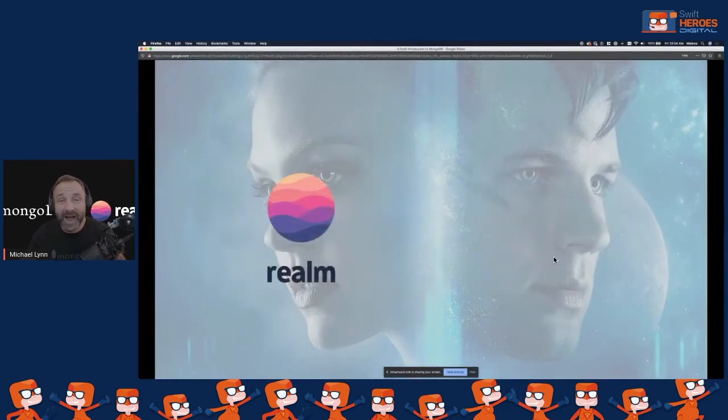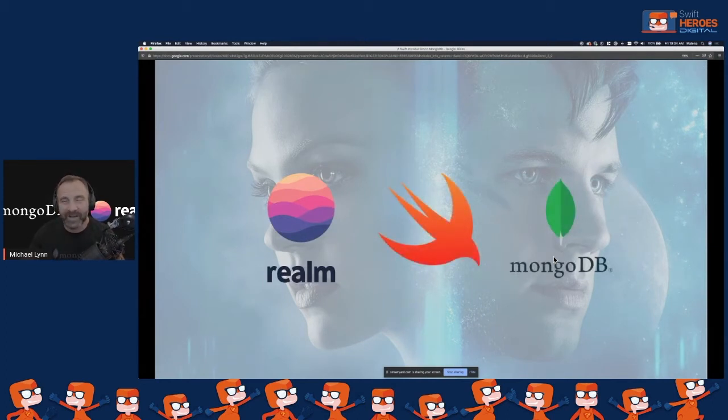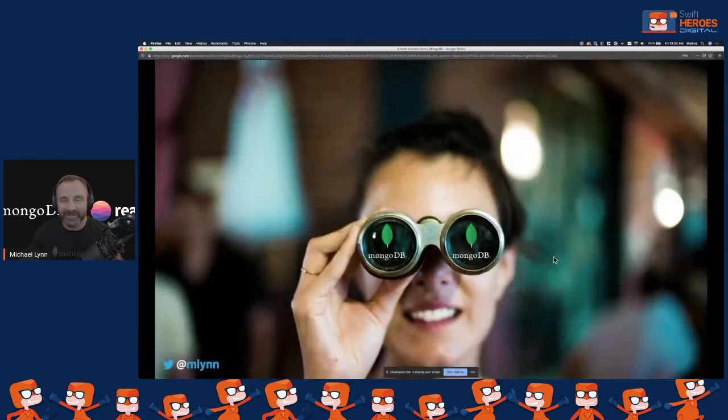So that's all in the past, and that's over. So today we've got MongoDB and Realm, and they're coming together and available in the Swift space. And as a Swift developer, you can certainly enjoy the benefits of both of these great technologies, and that's what I'm going to talk about today. Let's focus a little bit on